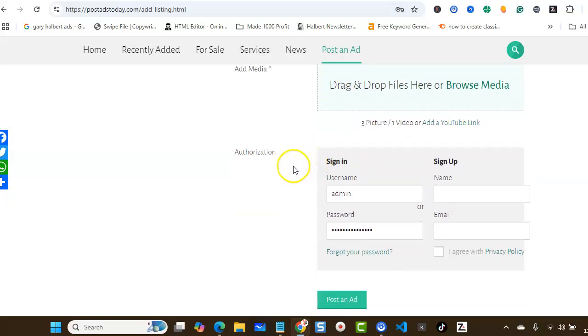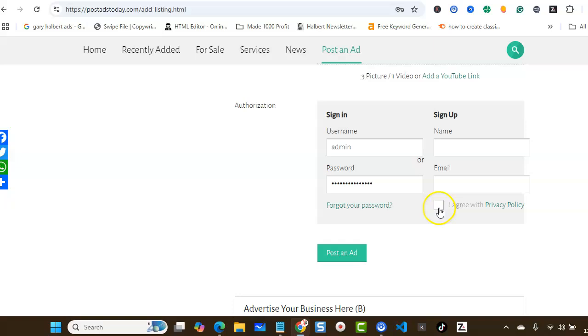And then when you've done all that, what you can do is sign up. Just drop your name and your email in there and look at the privacy policy. Click that if you agree, and then post an ad. And then I'll send you an email with the details of how to log into your